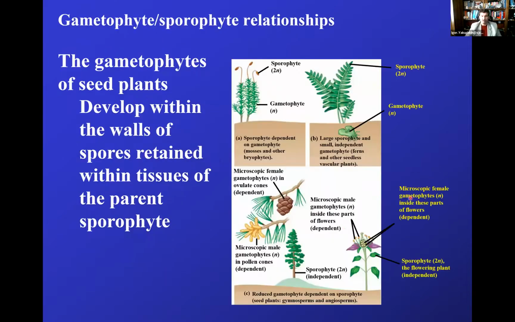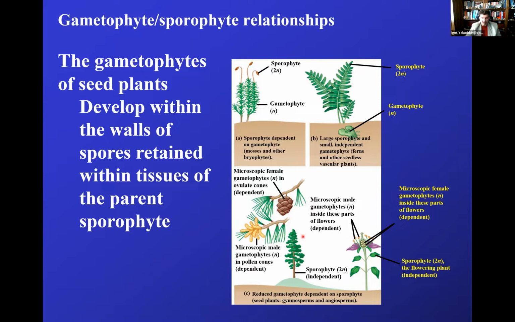So again, remember, the sporophyte in the non-vascular seedless plants was a parasite, a minuscule part of the life of the gametophyte. Gametophyte was predominant. Then we moved to the ferns. Now gametophyte and sporophyte are both free living, but the gametophyte is drastically reduced in size. All right. Now we're looking at the microscopic gametophytes, which will be found inside of the sporophyte.